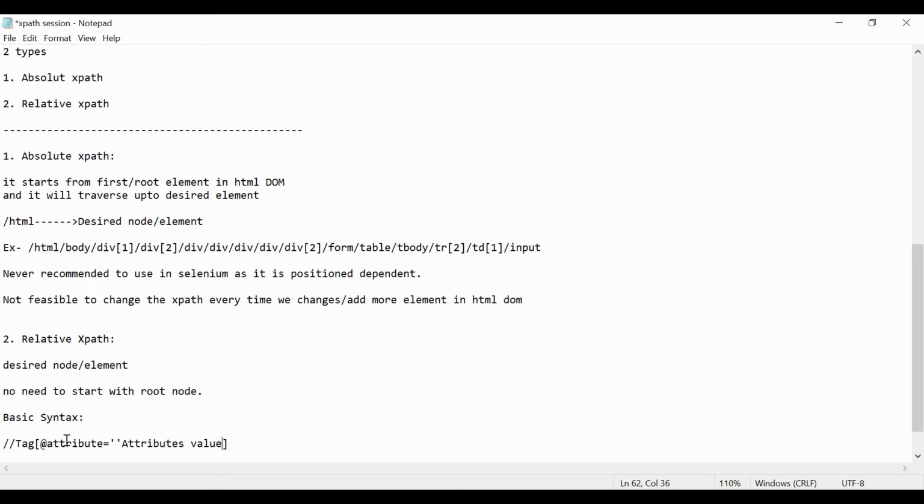Very simple. You have to give this in single quote. Let's see what it is practically.